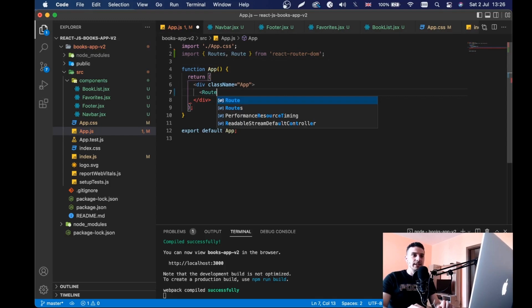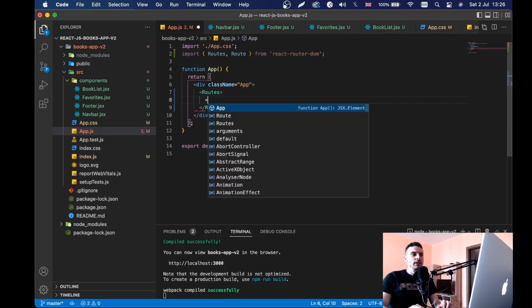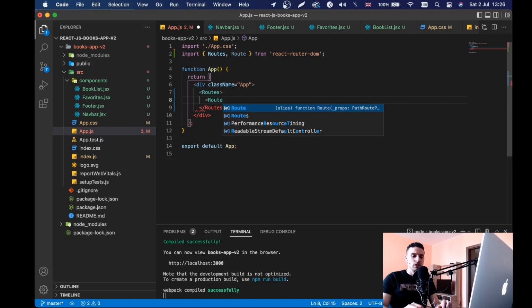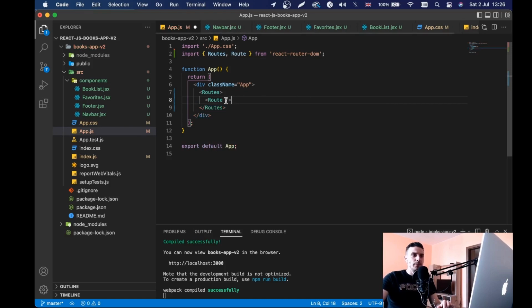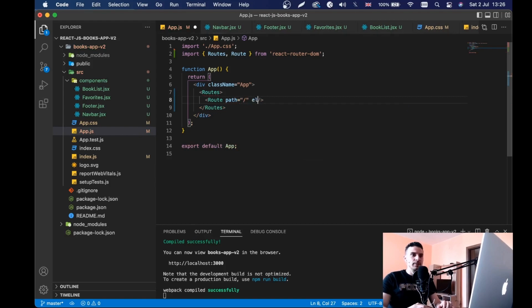So we are defining our routes, and we will have only 2 routes. Actually, we'll have 3 routes. So Route, the first route will be with path / which is our main page, the page that's going to show by default. So the main page, and the element which will be displayed right here will be our